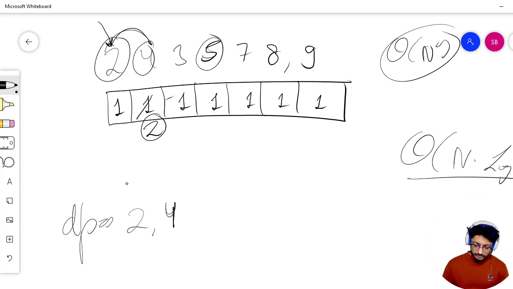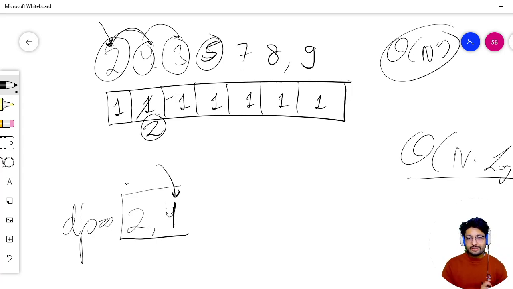Now let us move on to the next number, that is equal to 3. What you can see here is that if I do binary search again and find out the position of placing 3 here, it will tell that I will have to place 3 here. What it actually means is that instead of taking 4 in the next position, why not take 3? So I will remove 4 and place 3 here. But still the longest increasing subsequence is the length of the dp array I have. The array has 2 elements, so it means that the length is 2. I hope you get the point.